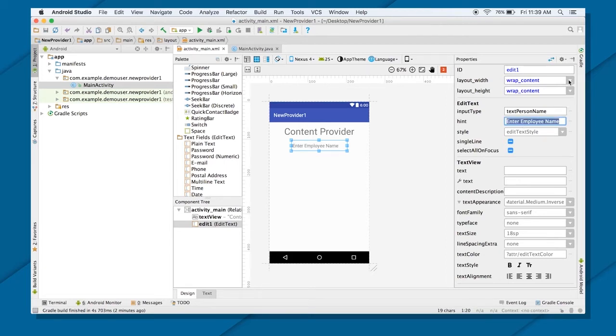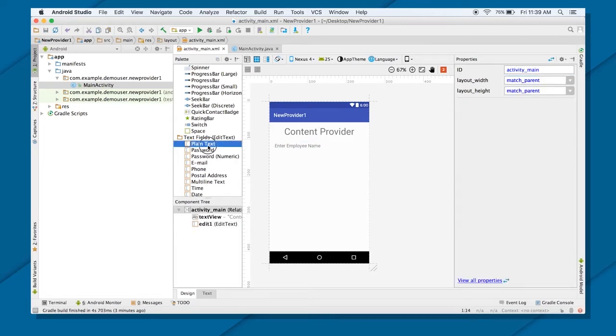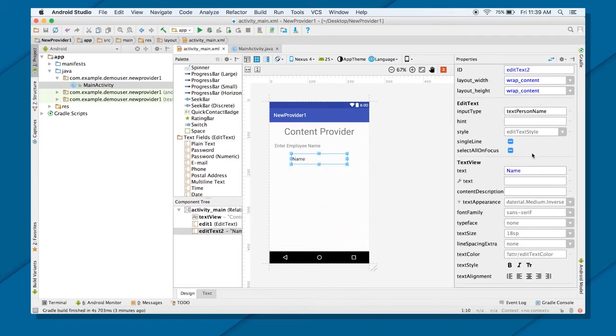Great. And from here, just put the width as match parent. I will drag and drop another edit text, place it in the middle. Again, I will do nothing here. I will put edit 2 and match parent, and I'll set the hint as enter your job profile.